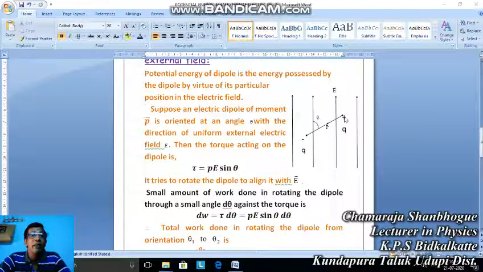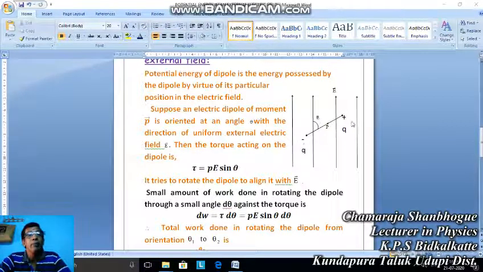We are keeping the electric dipole in such a way that the angle between dipole moment vector and the electric field vector is theta. Now already we know